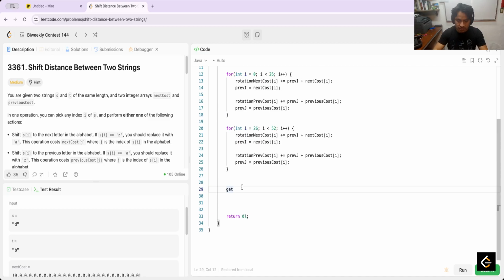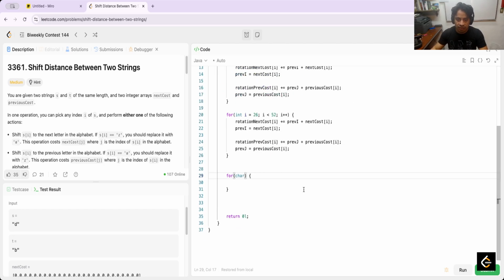And now is integer, no, is char C in s, and is if. No, I changed to use index. Well, it's minor than s.length, i plus plus, if s.charAt in the position i